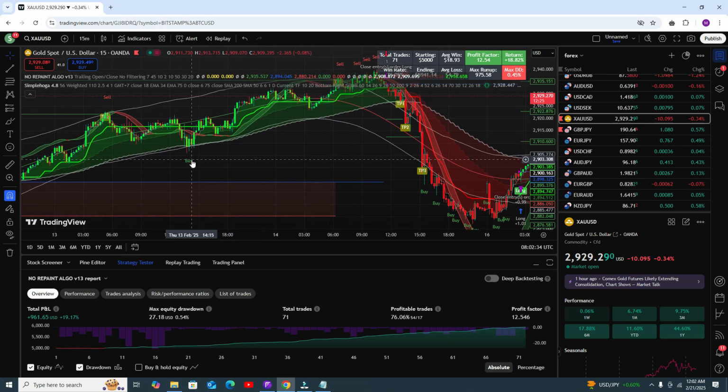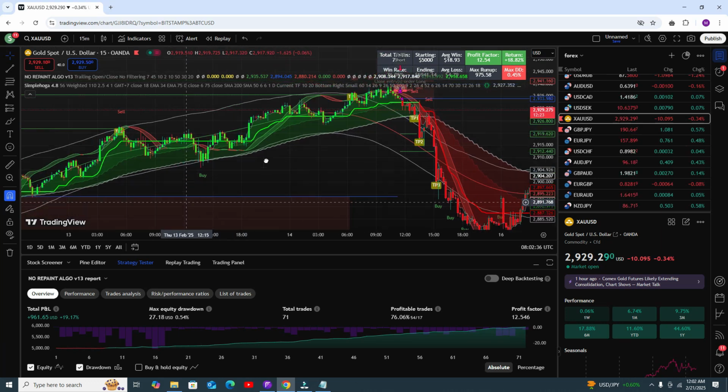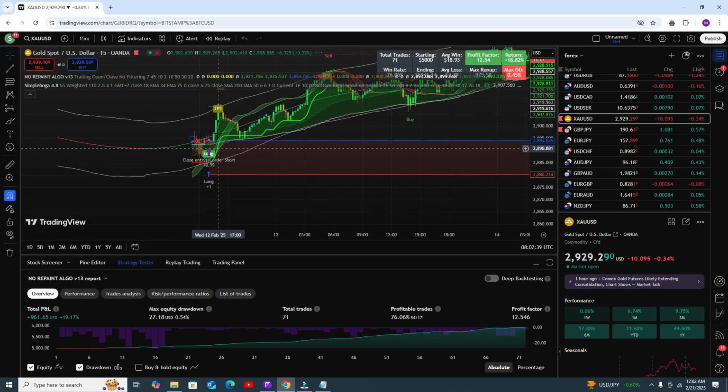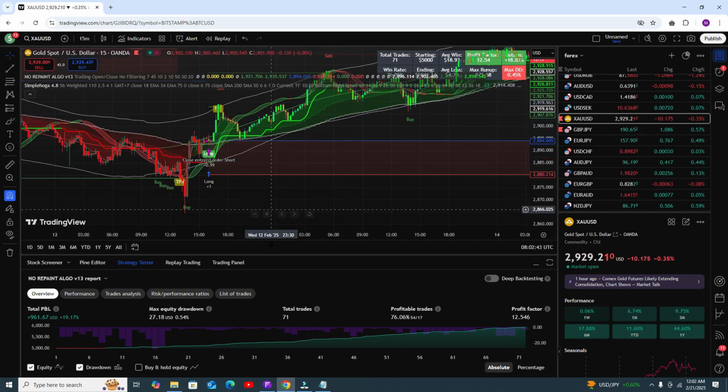Okay, here you can see the buy signal gave you some awesome profit, buy trade, and you can book your profit here. Okay, that indicator is giving you accuracy around 76%, but if you combine two indicators, then definitely you will get accuracy around 90%.